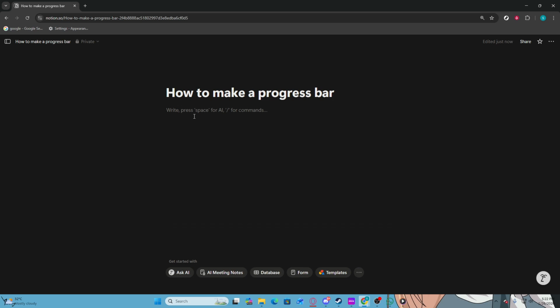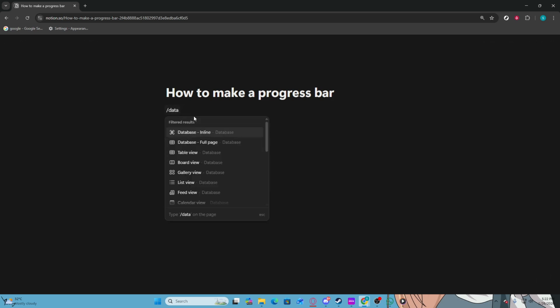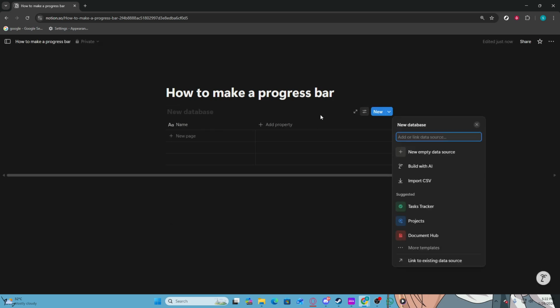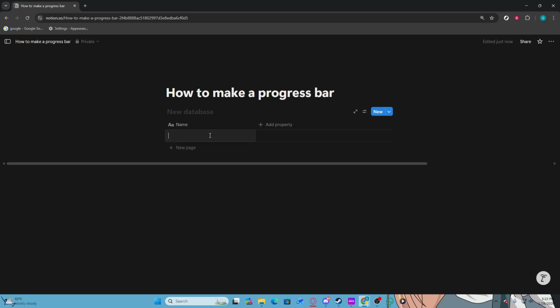Type in /database inline in the main content area of the page. This command will enable you to insert a database directly into your page. As you type, you will see Notion suggest the option for an inline database. Select it to create the database. Click on the database inline option that appears in the drop-down. This will insert a new inline database into your page, providing you with a structured format to track various items